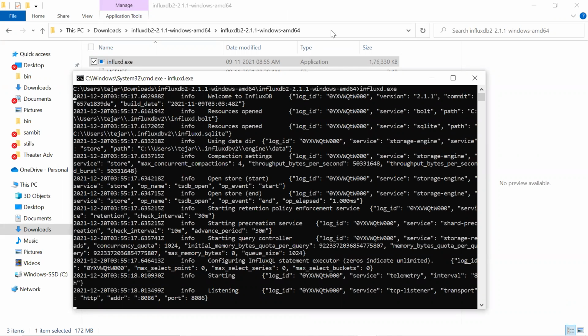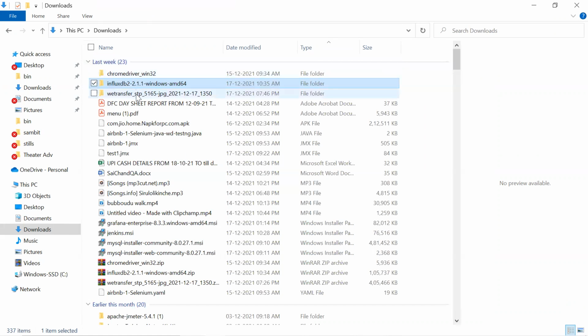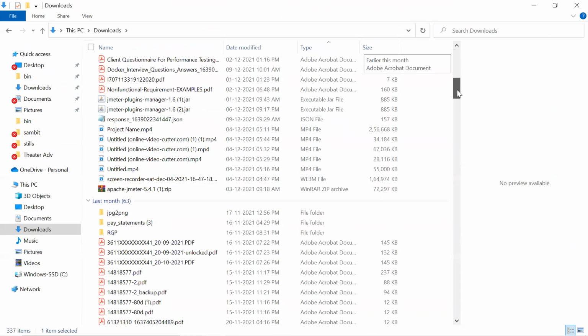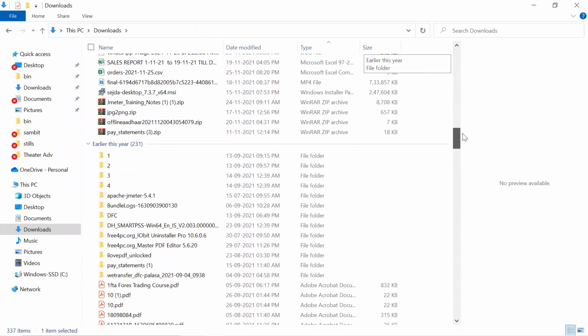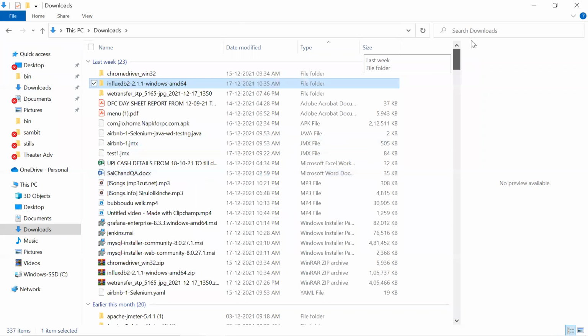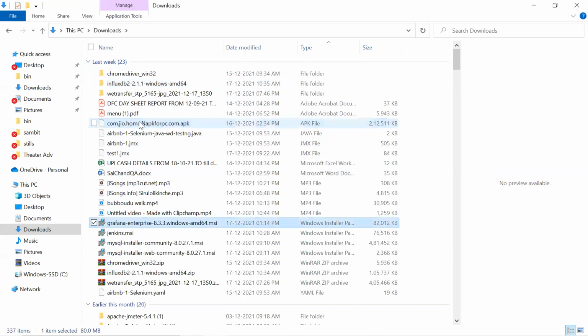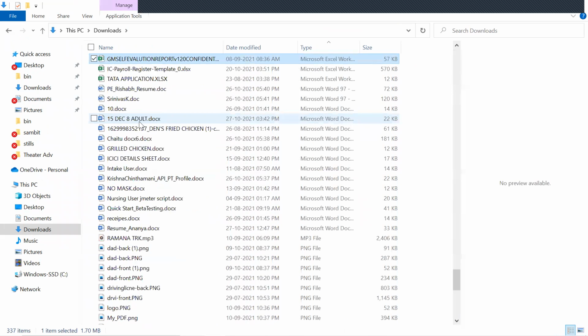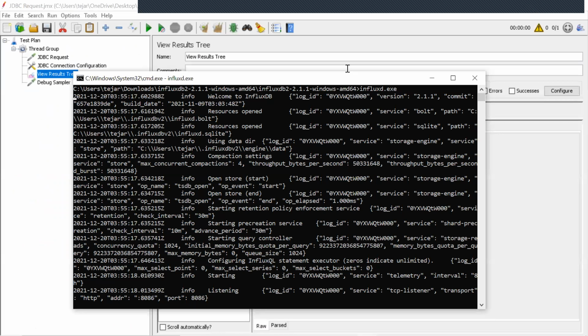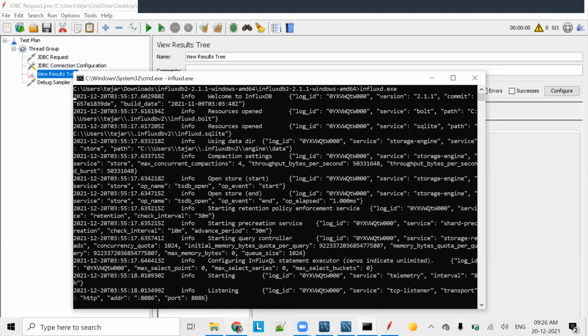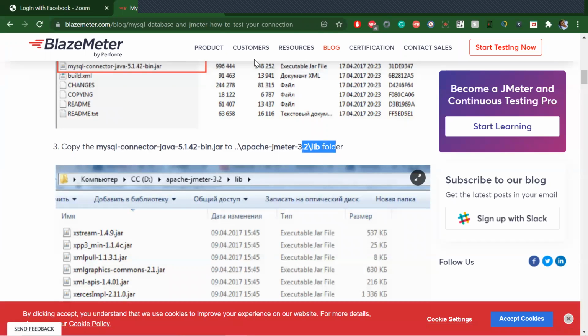Now let's open Grafana. I didn't keep this data maybe. Let's download Grafana quickly.